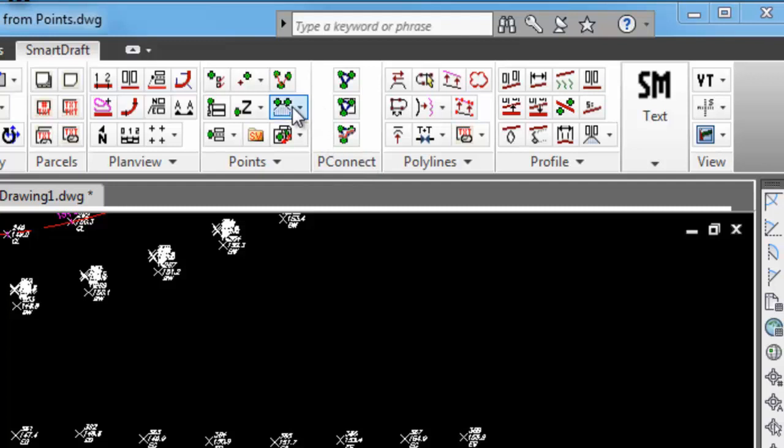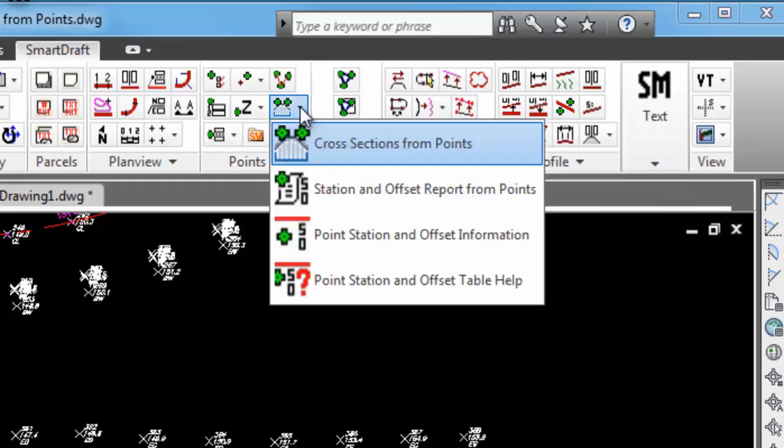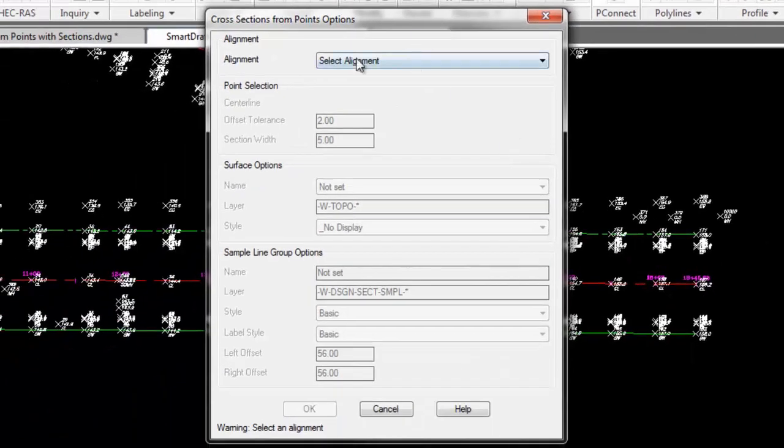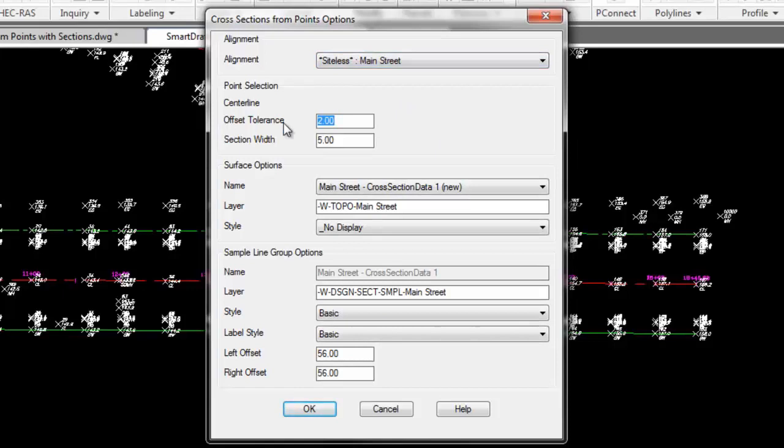This is a demonstration of the SmartDraft tool, cross-section from points. When you select the command, the first thing that is required is an alignment. You will specify an offset tolerance from that alignment where it will find points that are considered important for a cross-section. When it finds those points, you specify a section width that anything that falls half that distance either side